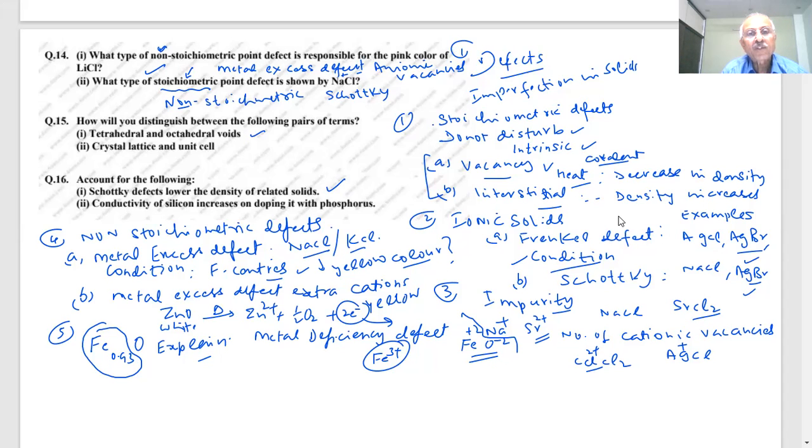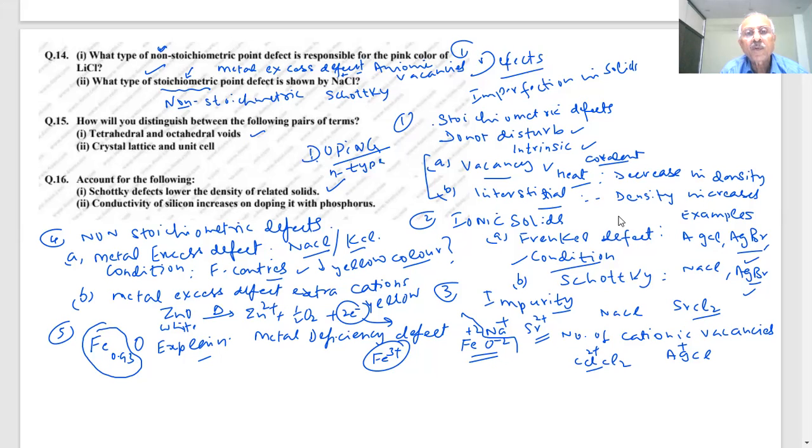What is doping, student? When silicon is doped with phosphorus, it will form N-type semiconductors, because there will be an excess of electrons. They will become electron-rich impurities, so that it will increase the N type. There are two types of doping which we told you: N type and P type.